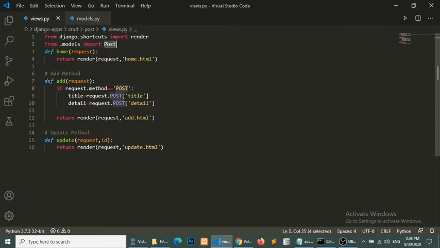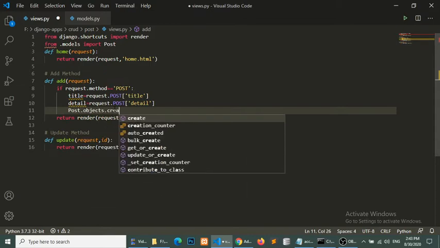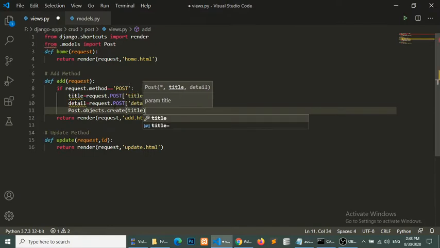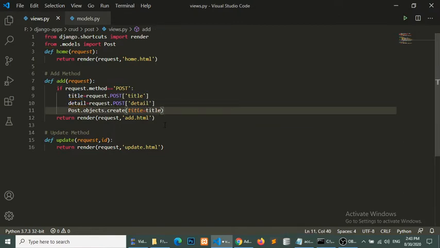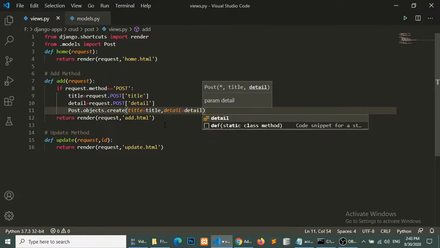and this post model gives us a manager to create data. So we will use objects.create. First will be our column name, so the column is title, and the second will be our form input name, this is detail.